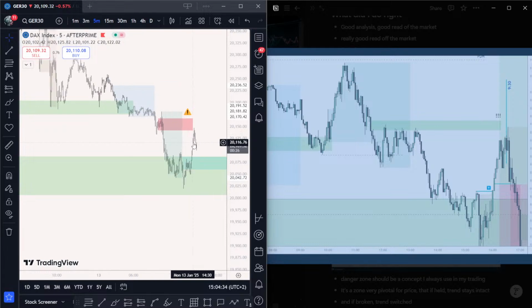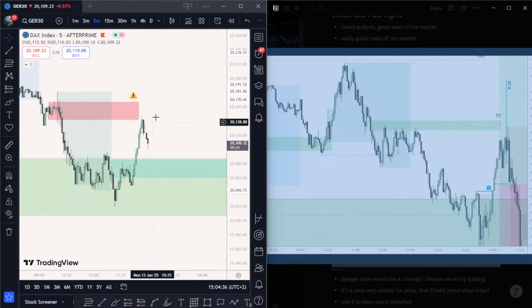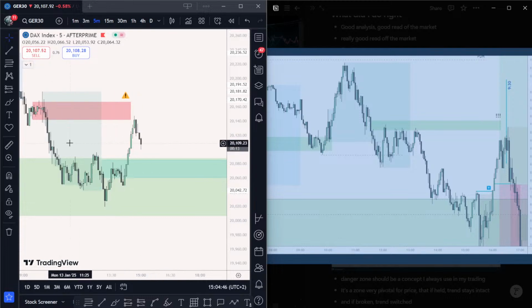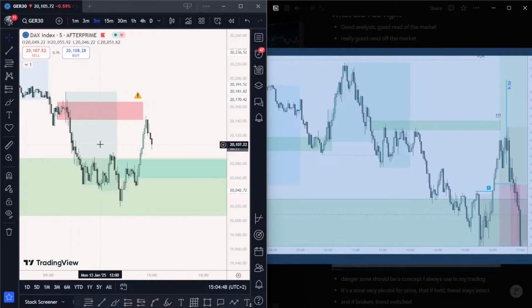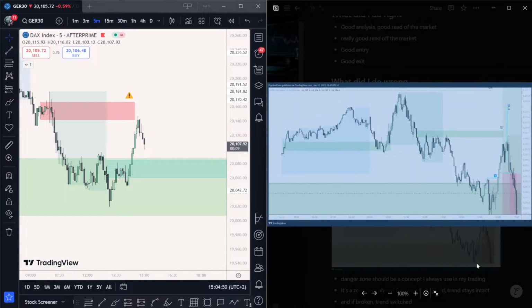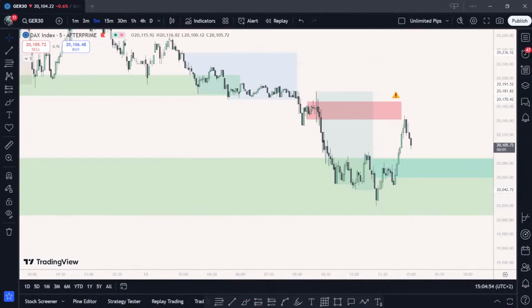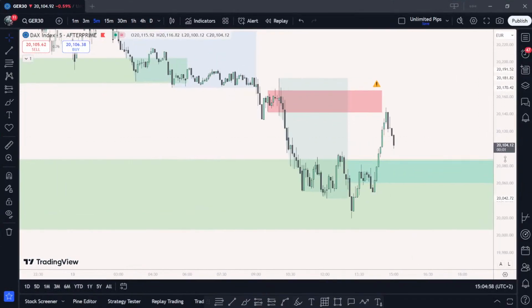It looks very similar, right? And then I should have looked to continue higher. So it's exactly what I'm doing now. I'm not making the same mistake I learned from the last trade. As you can see, it's very similar price action. What I'm doing now is waiting for another market structure shift, so waiting for another confirmation. So yeah, that's pretty much it.